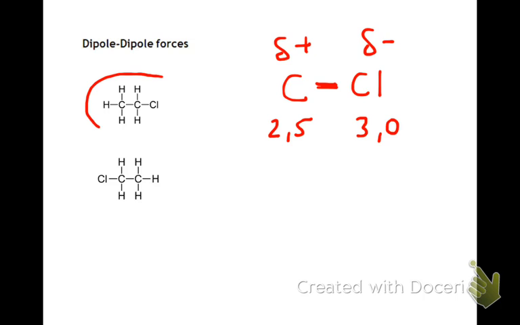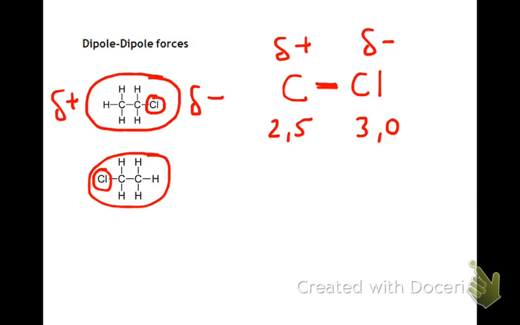And because this molecule is not symmetrical, the chlorine over there is attracting the electrons, making this side of the molecule negative, and that side becomes positive. Similarly on this side, there's the chlorine there, so this side is negative and this side is slightly positive. Now, what happens with the dipole-dipole situation is that we have a permanent dipole setup. The chlorine constantly attracts that shared pair of electrons, so this side over here is always slightly negative, meaning this side is always slightly positive, and so the interactions that we get between those molecules, the weak intermolecular forces, are slightly stronger than with the